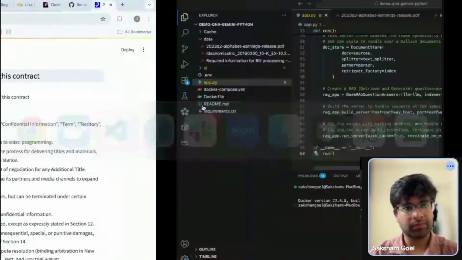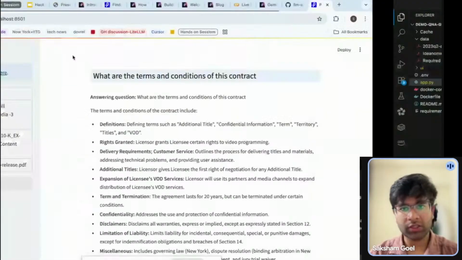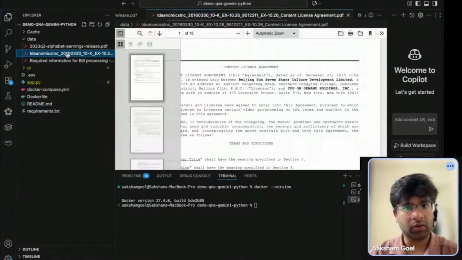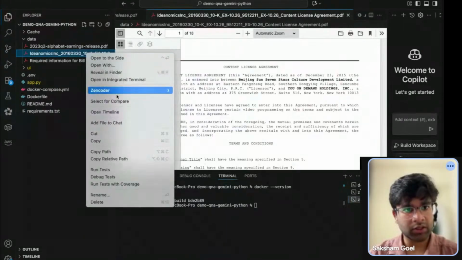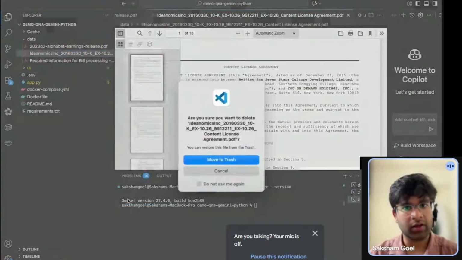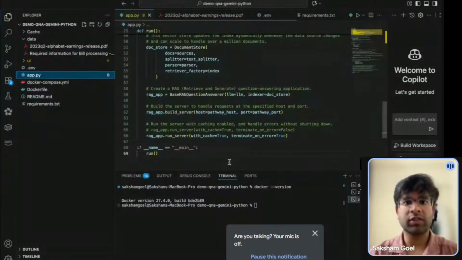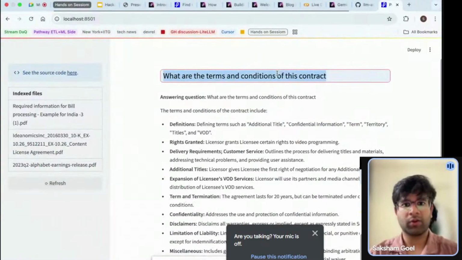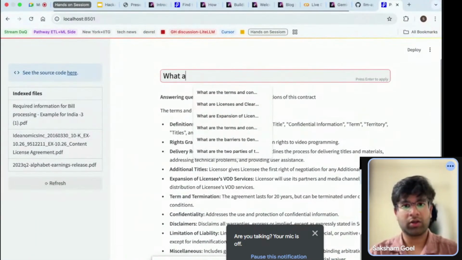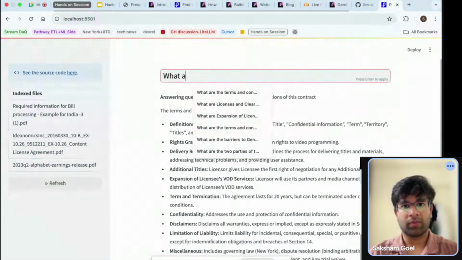So let's say this document I'm deleting. I'll delete the file here, and obviously now the information is not there, no? So I'll probably ask, what are the two parties?